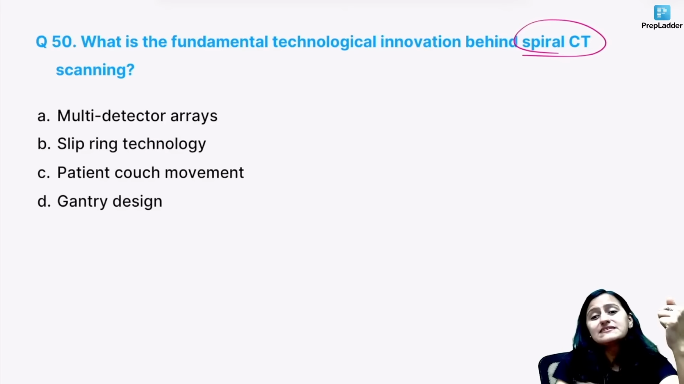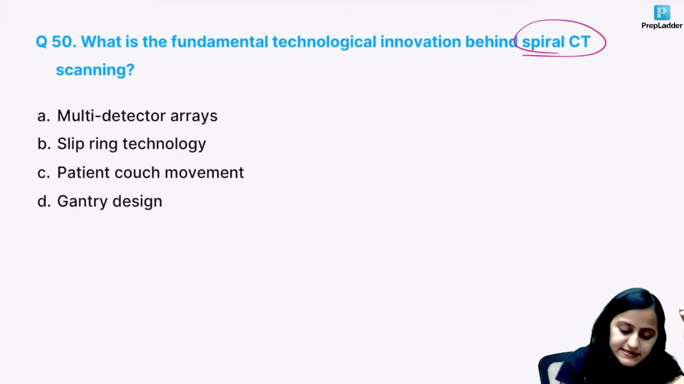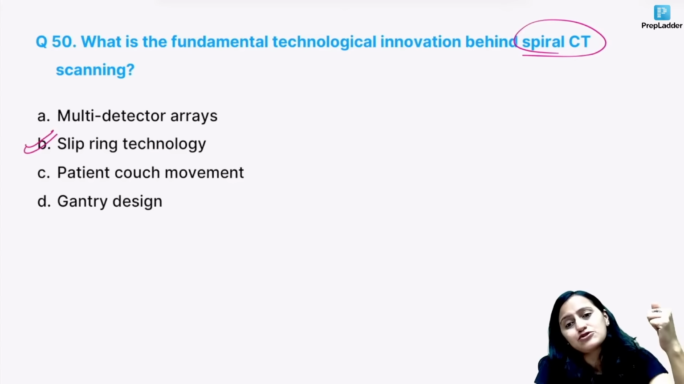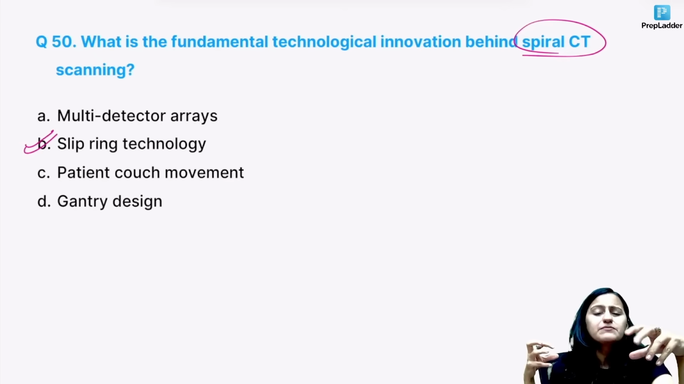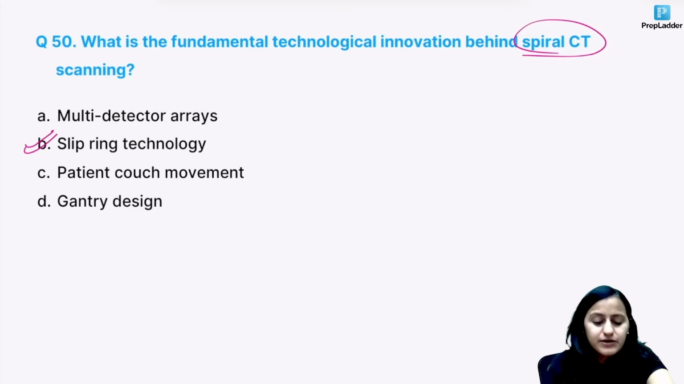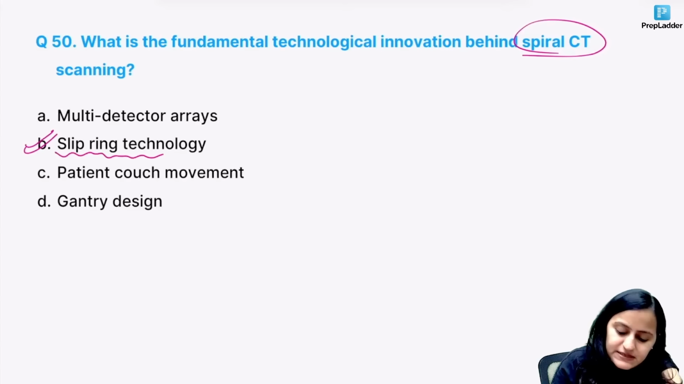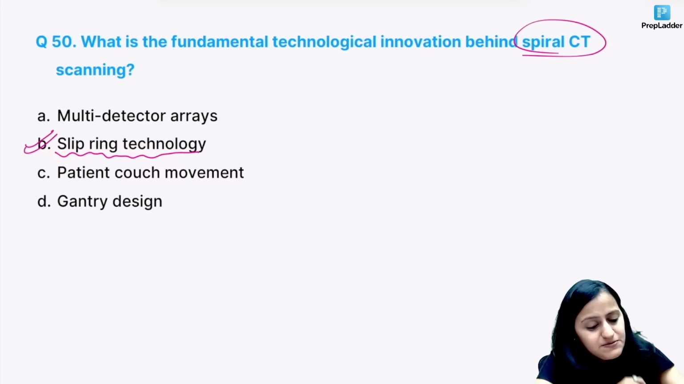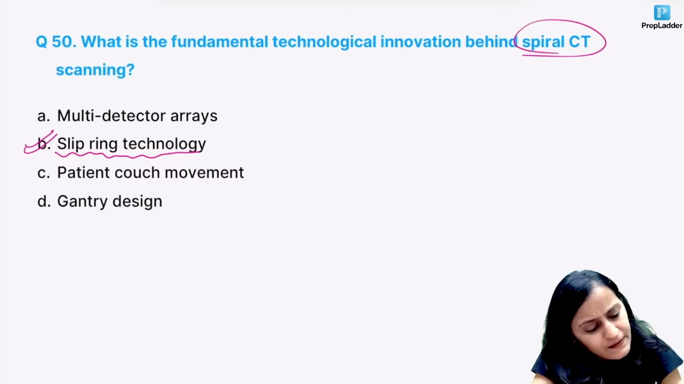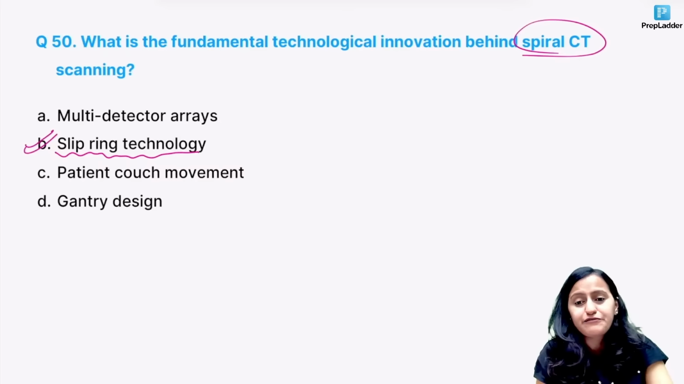So what has made this continuous movement possible is the slip ring technology. Okay, the slip ring technology is something which enables the continuous movement of the gantry without the attached cables getting entangled. Okay, so remember it is slip ring technology which is used in spiral CT, which has enabled this fast spiral CT scanning. Okay. So that completes our 50 questions